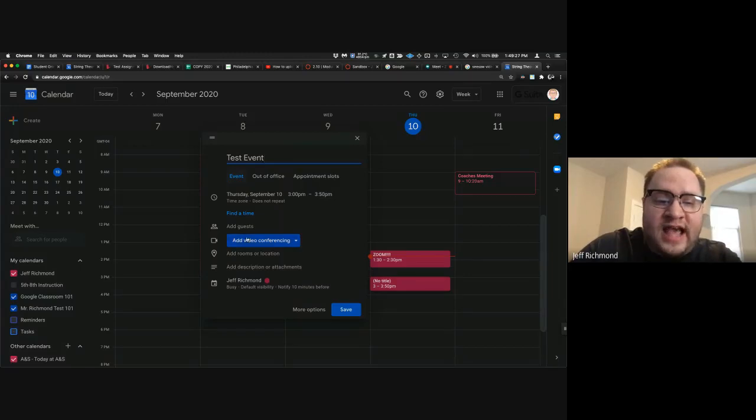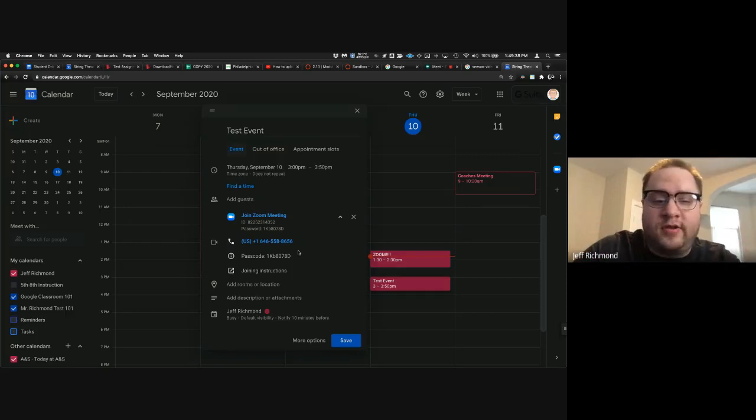And then where it says add video conferencing, instead of just having Google Meet as an option, we also have a Zoom meeting. The first time you do that, it'll probably pop up another window that tells you to log into Google so it can link your Zoom account to your calendar, even though we're already logged in, linked with Zoom meetings. You may not even have to do that. It may just do exactly what it did for me. Create an ID, create a password. And then when you send this out to guests,